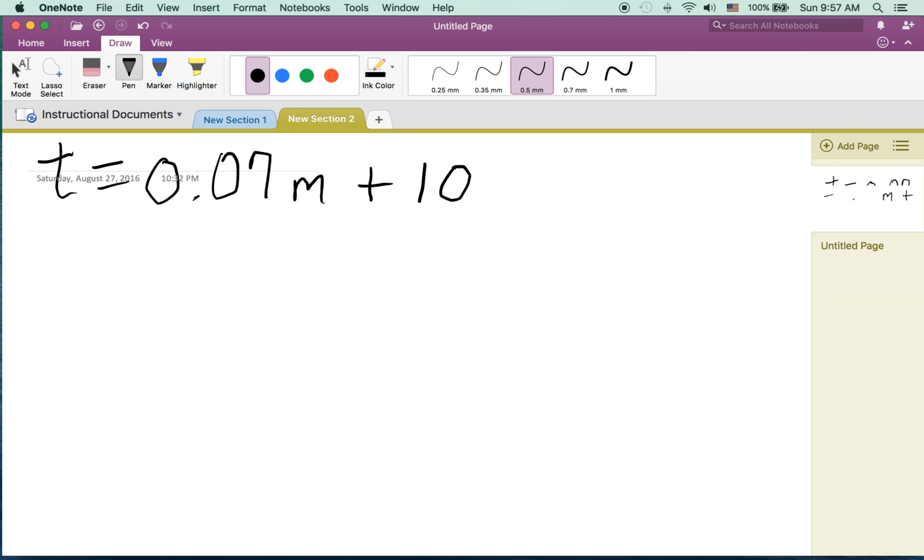It is a tenet of algebra that whatever I do to one side of the equation, I have to do to the other. So I'm going to multiply both sides of the equation by 100. The 100 will have to distribute over addition, so I'm going to have 100 times